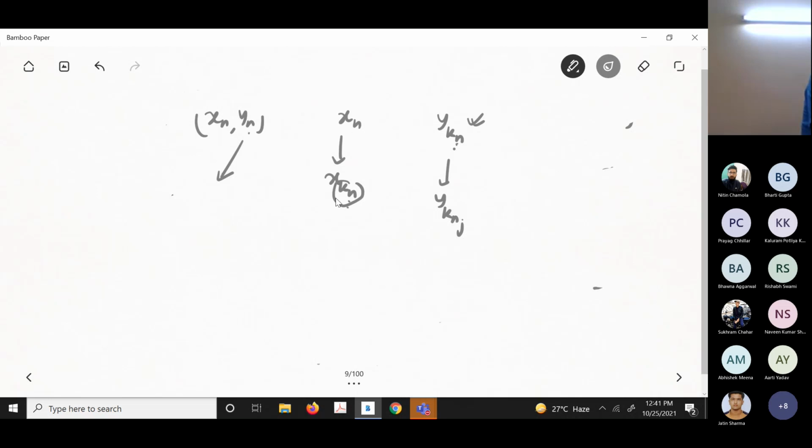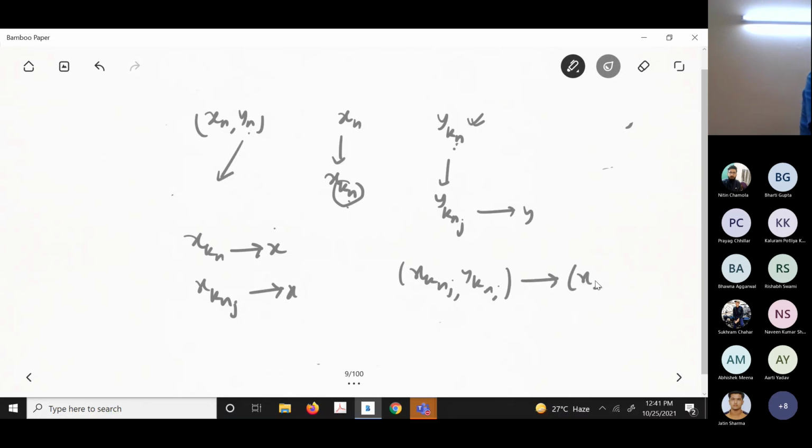Now look, since xkn converges to x, any subsequence will also converge. So it will have this subsequence. Now I consider this subsequence; that's not a problem. So this will converge to x, and this converges to y. So xkn_j, ykn_j converges to x, y. That is what we finally got. So you need to ensure that this is the trick. You'll have to start with this.